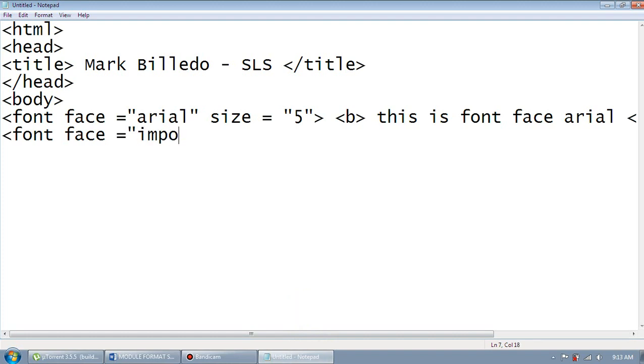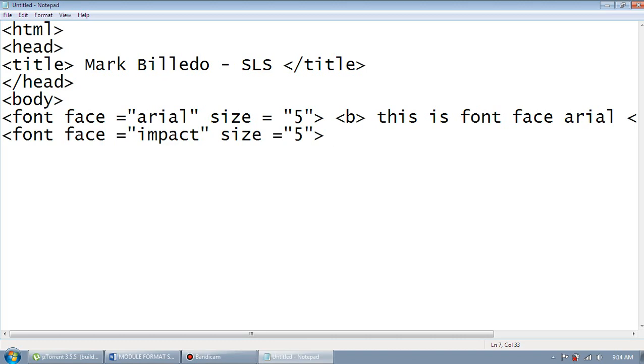A reminder, if you're going to enter the value of the font face and the size, make sure that it is enclosed with a double quotation mark, because it should not be two single quotation marks. There's a big difference between two single quotation marks and a double quotation mark. If you want to enter the double quotation mark, just press and hold the shift key, and while pressing and holding the shift key,